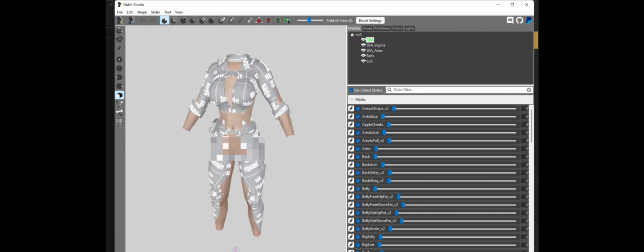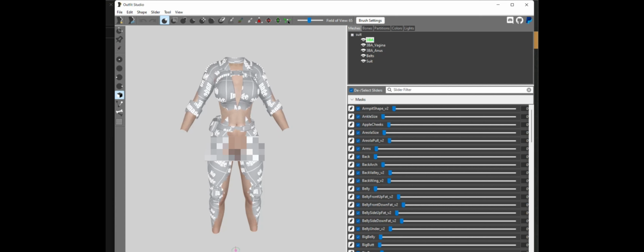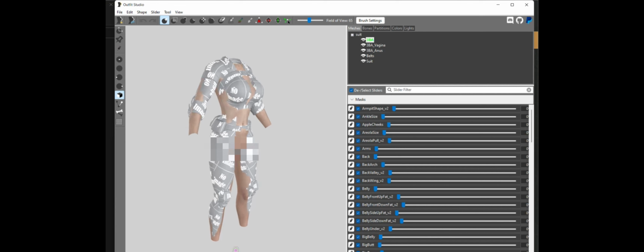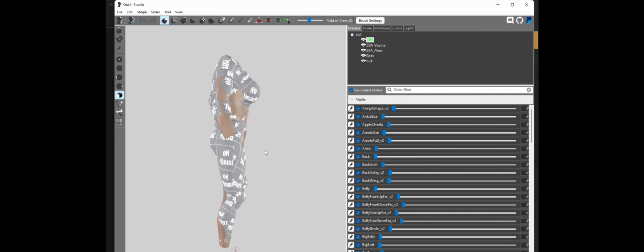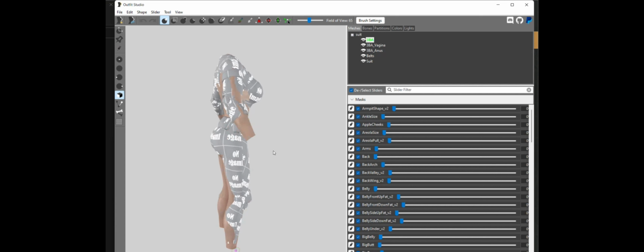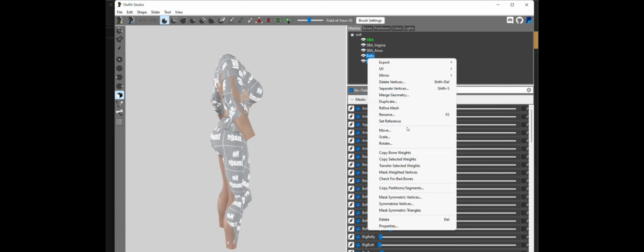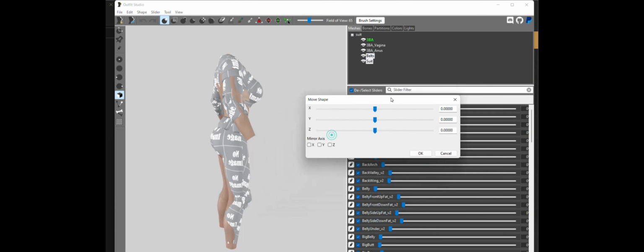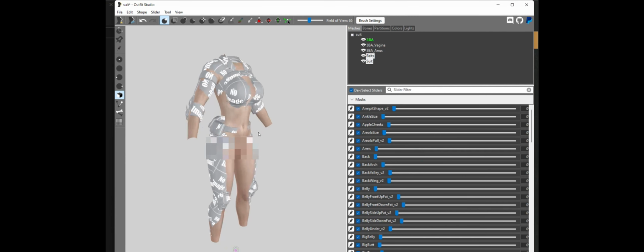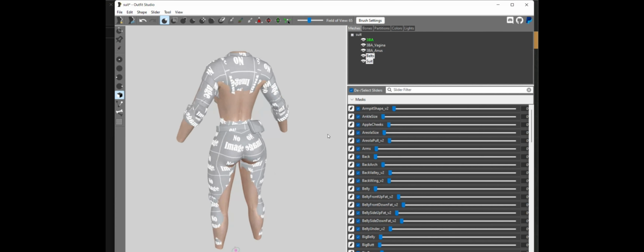Before we play with the brush and the flatten and deflate tools, maybe we can try to move the armor a bit to make it the best possible match before toying with it. So to move it, just choose the mesh of the armor, select all the meshes if there are several, like in this case, right click and choose move, and try to make the armor the best fit possible for the body. So I'm going to go to -6 here. It should be alright, and that's going to be where I start.